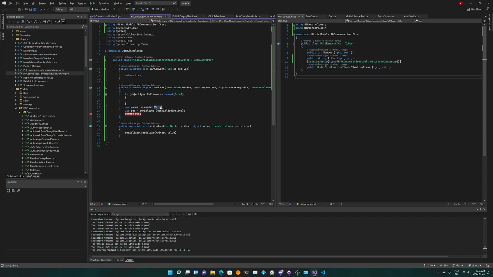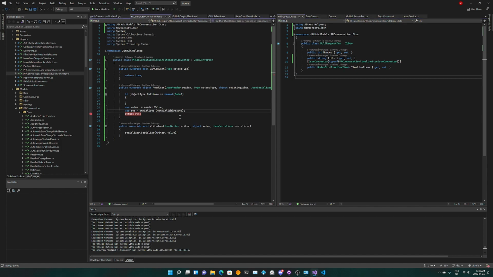So presumably the value is gonna have the type of the timeline item, and maybe we can extract the type out and see if we can do a conversion on that, basically.